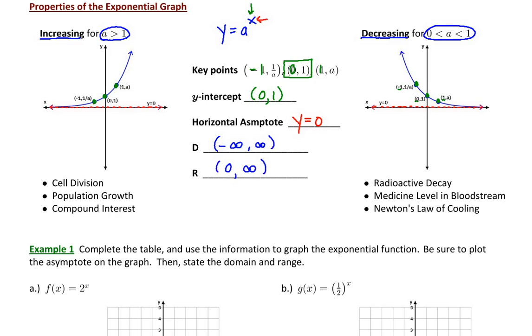Exponential functions are some of our most important functions for modeling real-life phenomena. For example, we use an increasing exponential function to model cell division, population growth, or investment like compound interest. Decreasing exponential functions can be used to model radioactive decay, medicine level in the bloodstream, or even Newton's law of cooling. So with these two new parent functions in mind,